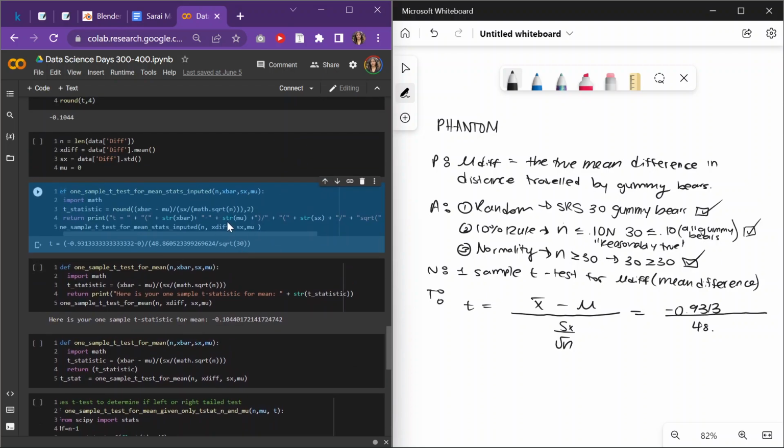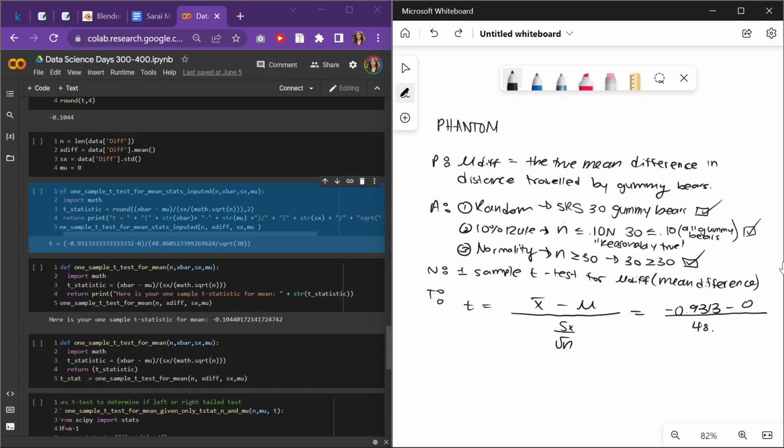Basically, this function I wrote gives me the formula with the numbers plugged in. So I'm going to do minus 0. So 0 is mu. This number,